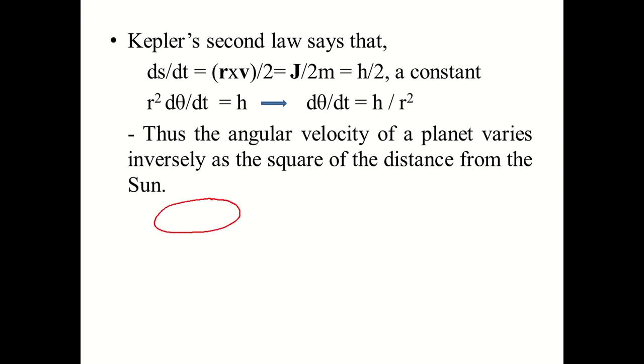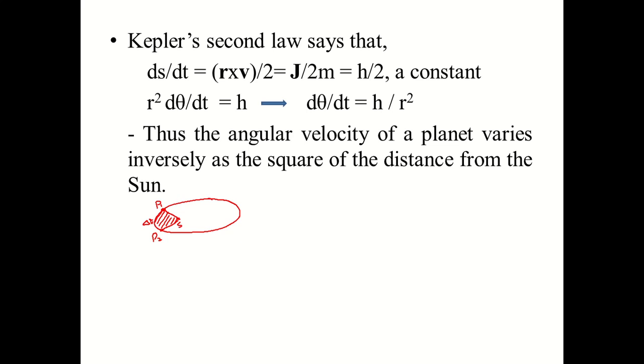That means if you consider the sun is at this point, the planet at this position is P1, and the planet after a time, let's say delta t, moves to the position P2. Then SP1 is the radius vector when the planet is at the position P1, and SP2 is the radius vector when the planet is at the position P2. Then this shaded region is the area swept out by the radius vector of the planet in the time interval delta t, and